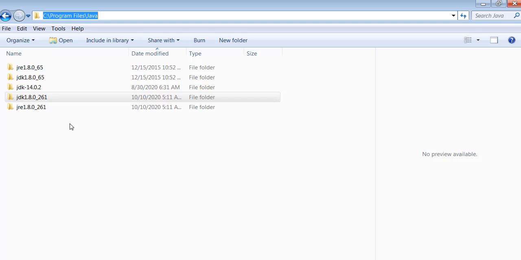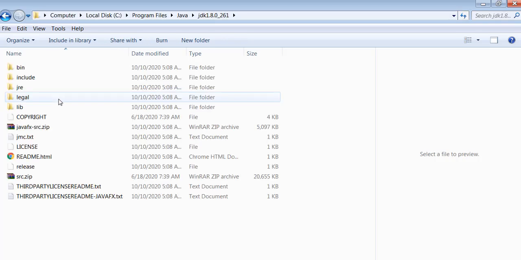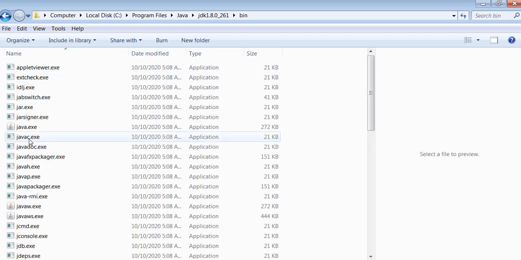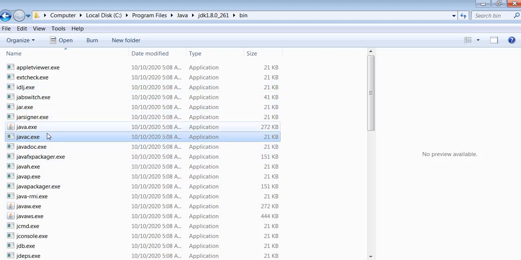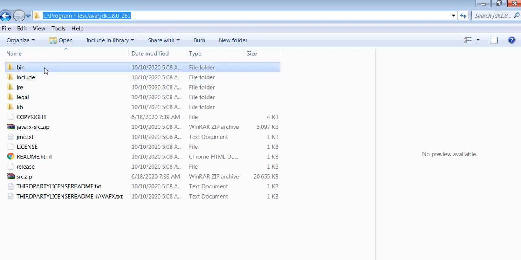Right? So now, what is classpath? It is important that we tell the system that the software installed in this location should be considered, because under JDK you will find javac.exe, and also you will find java.exe. Both will be helpful for us to compile and execute the program. So we should tell the system that there is software installed in this location. For that, copy this path, copy this path till the bin.